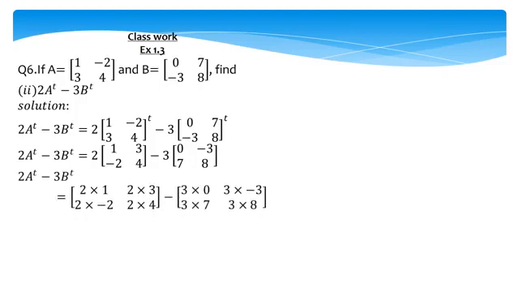Now to multiply A transpose, each individual value, minus 3 multiplied by each individual value. Now we multiply